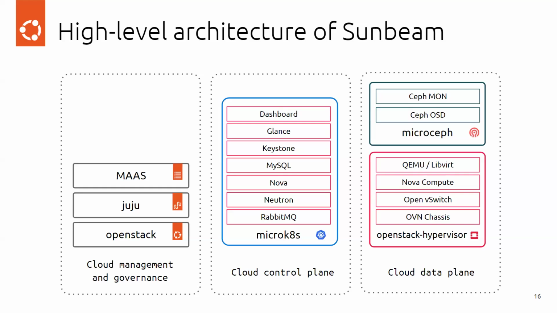MicroCeph also comes as a snap. Of course, we chose the name micro at some point in time. It's a branding issue to a degree, where we have micro X, micro Y, micro Z, micro whatever. What we like to think about when it comes to micro is the operational overhead and how to think about actually deploying it and putting things together. Oftentimes when you see a micro X at Canonical or from an Ubuntu product, it's typically around something like snap install and get going, to reduce the operational overhead